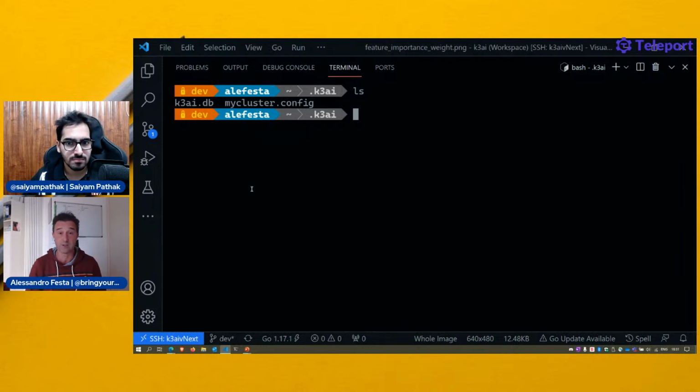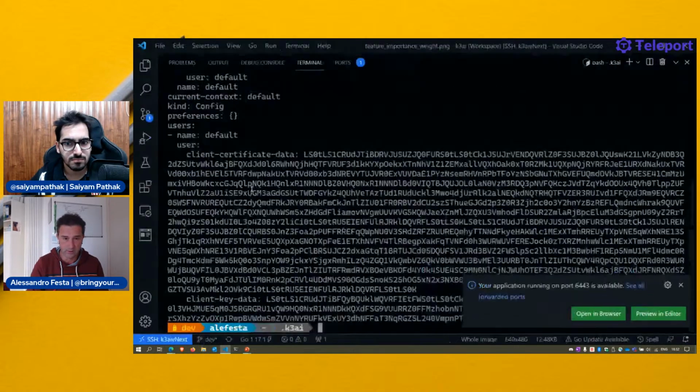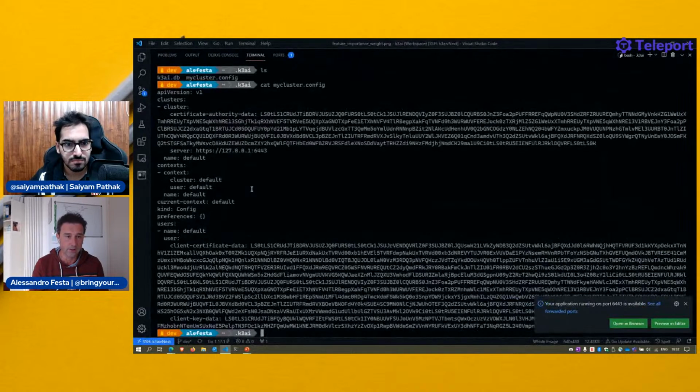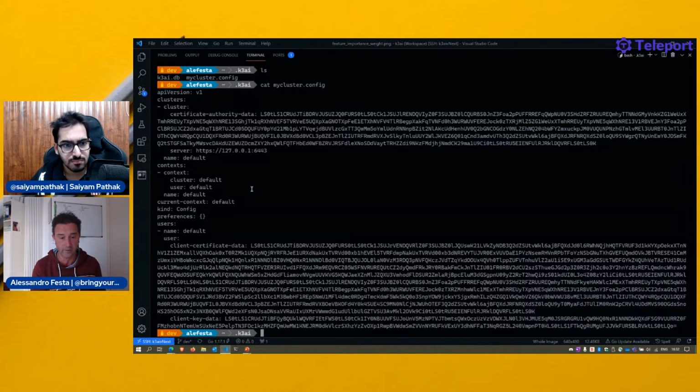As you can see, there's also other stuff there. These are dynamic things. For example, I deploy K3s. Now, K3s has options to be deployed and override your config file, if you have kube control. But I said I don't have kube control on my machine. So how is this happening? First, we copy the config that K3ai generates on demand inside .k3ai with the name of your cluster. So we know that it's there. And when you remove the cluster, we will remove everything there.